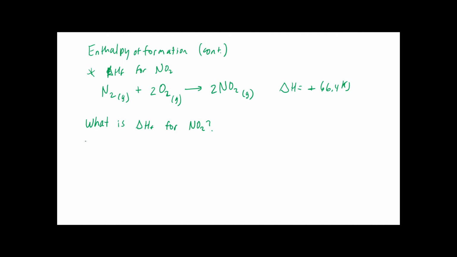So we know that delta H equals the sum of delta HF for the products minus the sum of delta HF for the reactants, which means that if we plug in, we have positive 66.4 kilojoules